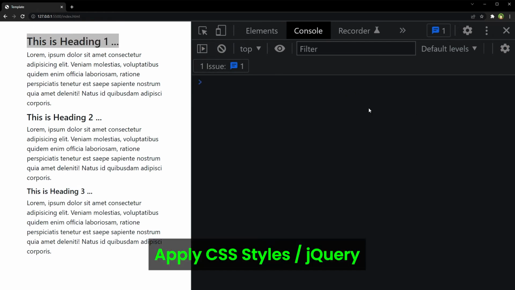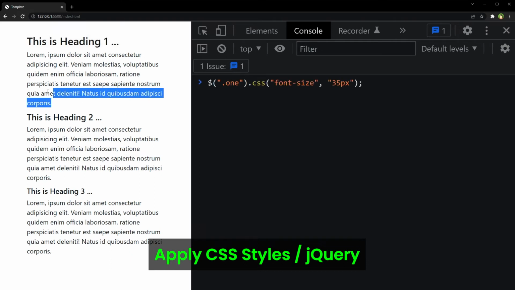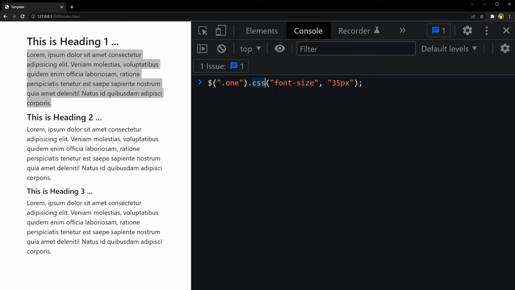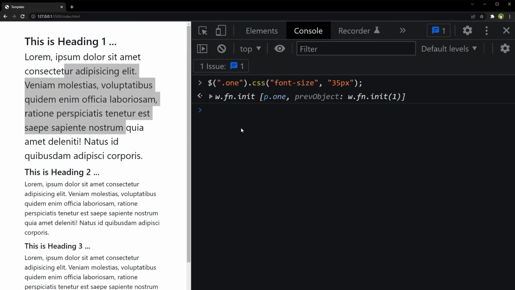We can apply CSS styles to HTML elements using the css method in jQuery. Like, we have selected the paragraph with the class 1, and for its .css method, we are increasing its font size, and the font size increased. And for multiple properties, we select the element, and then for its css, font size 50, this is a number, and then color red, and we will use an object. Key value pairs are separated by commas in an object.